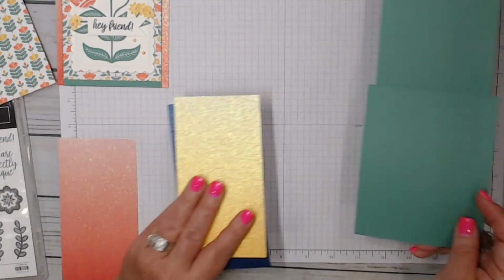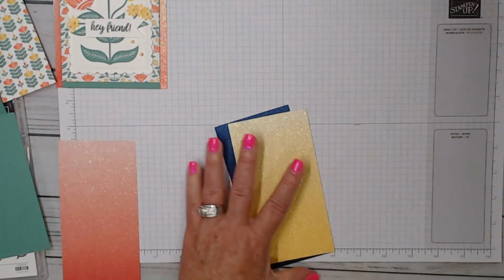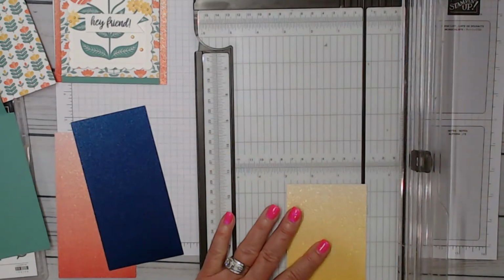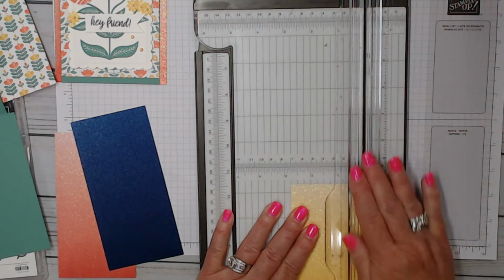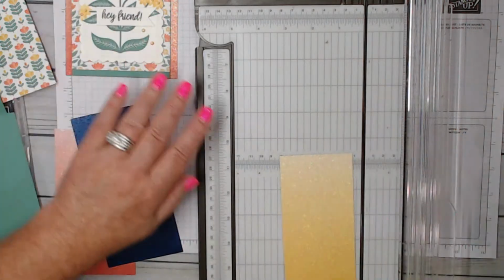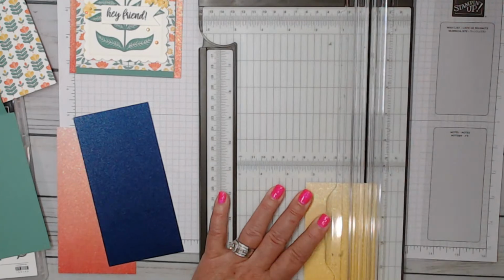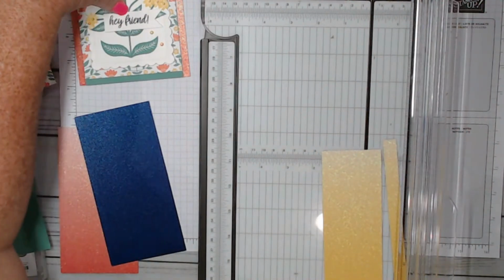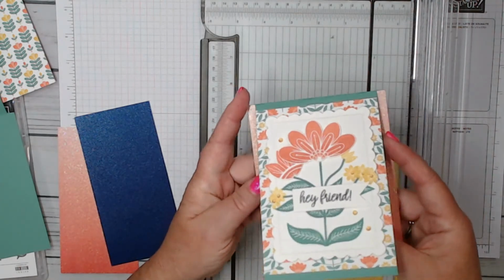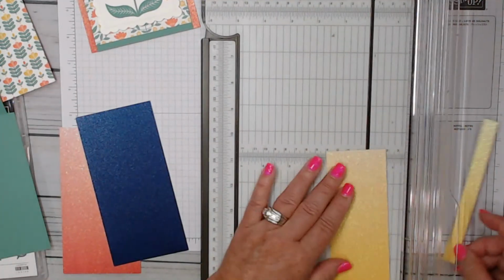All right, so we have this for the front. I'm going to go ahead and take off a 1/4 inch of these. I might as well do them all at one time. So we're going to do a 1/4 inch on all of the colors. 1/4 inch. Let's see, is that what I did? Oh, no, I did a 1/2 inch. I want to make sure that it goes inside the panel. So if I did just a 1/4 inch, it would probably stop right there. So I want to make sure that it goes in enough to where you don't see the edges. So we did a 1/2, so let's do a